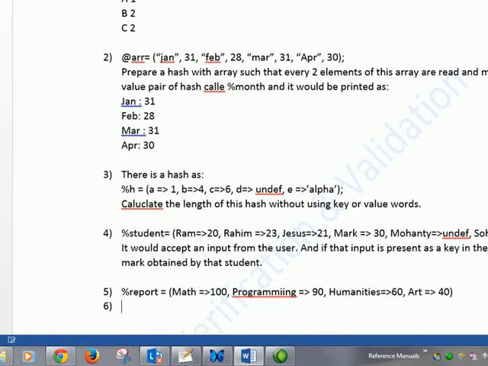Write a program to obtain the total mark and the average mark. So these are the subject and this is the mark obtained in that subject. So you have to write a program to obtain the total mark and the average.